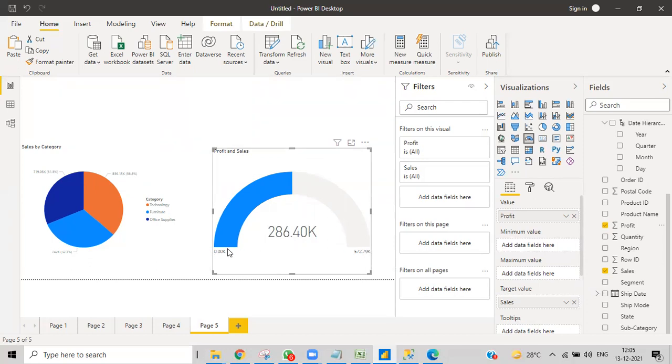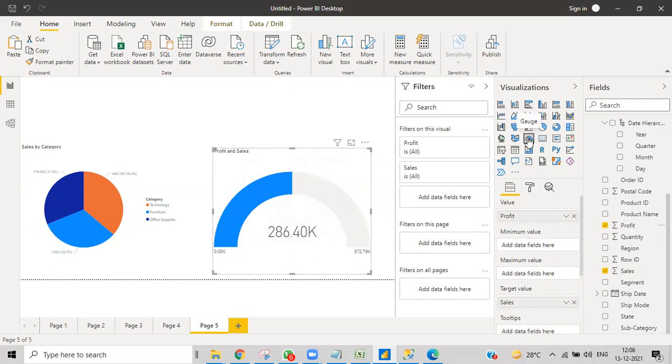But how much did I achieve, how much sales have been done? My target is this much, and how much I achieved. This is what to show in that kind of scenario. What is my target and how much I achieved. To show this, we'll use this kind of visual, which is called the Gantt chart.